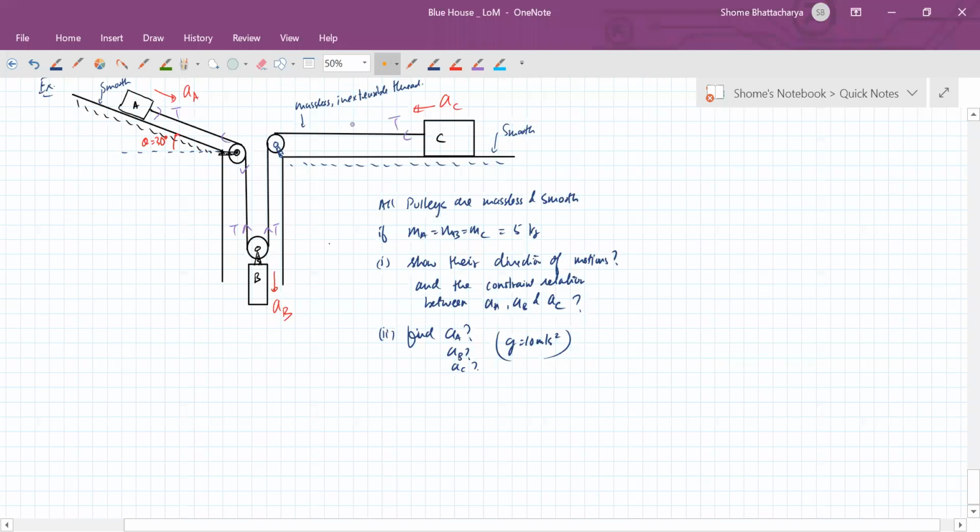Okay. So now if you look at the individual free body diagrams, you will understand that for the block A, tension is acting like this, mg is acting like this, normal reaction is acting like this, and the angle is theta. Okay. For the block C, normal reaction like this. Okay. And for the block B,